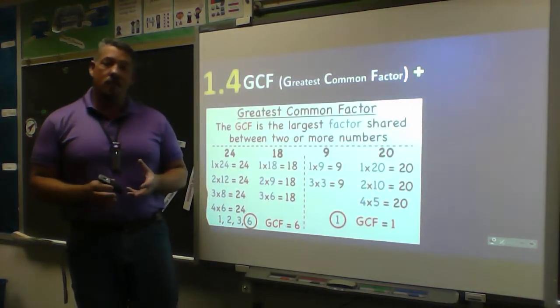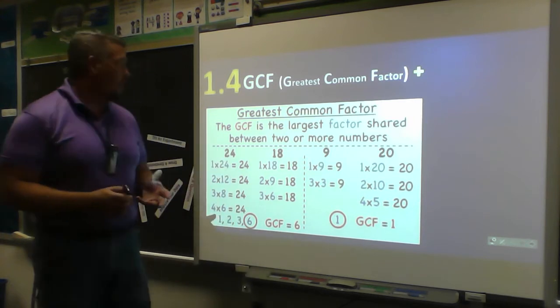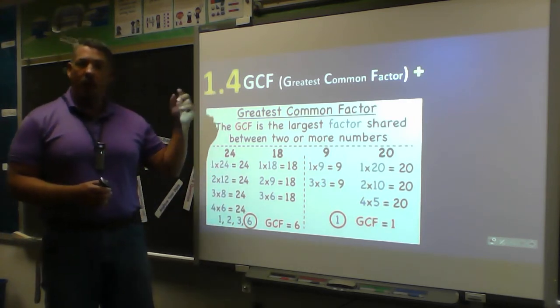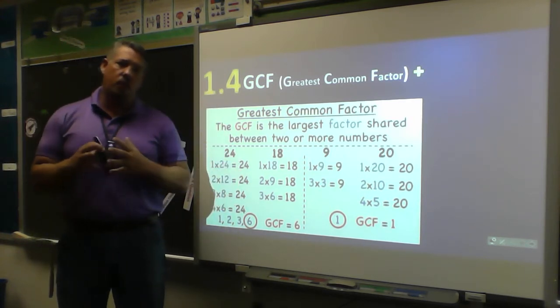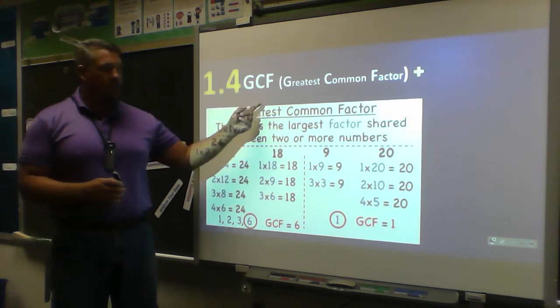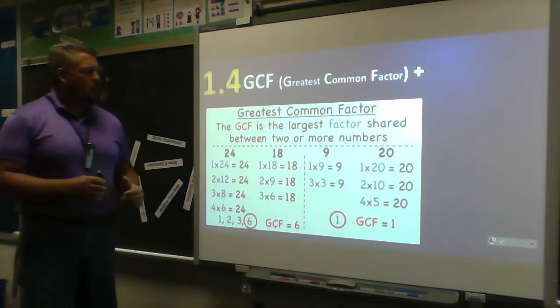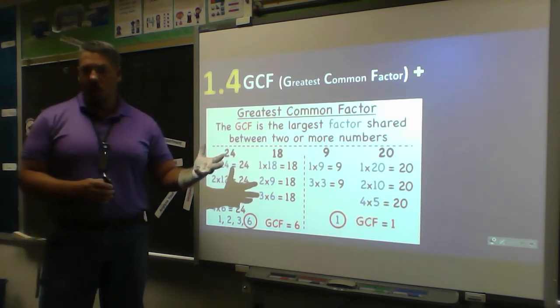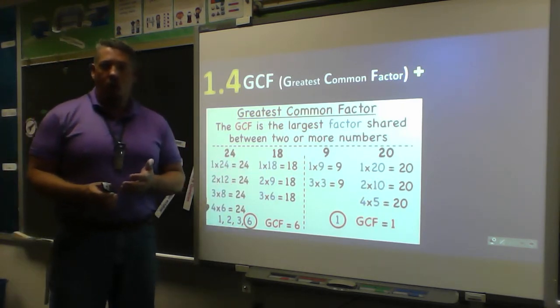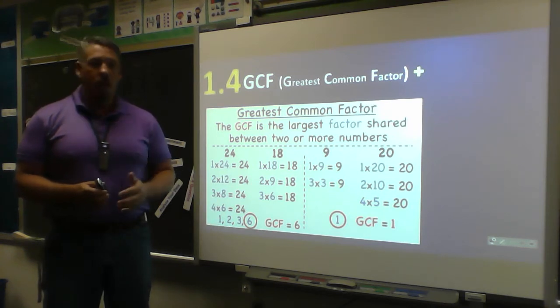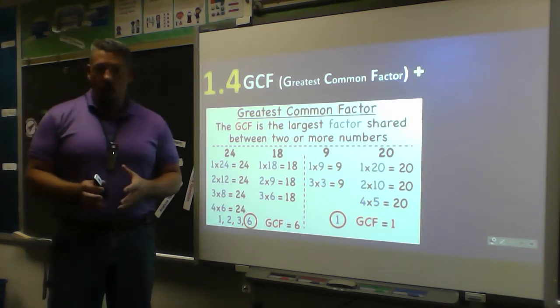So our next lesson is Chapter 1, Lesson 4. Now in Chapter 1, Lesson 4, we actually have two lessons basically put together. We have the GCF, and then notice I put an addition sign, which I'll explain here in just a moment. But a very brief introduction on GCF takes us back to our 1.1a when we got into looking at what